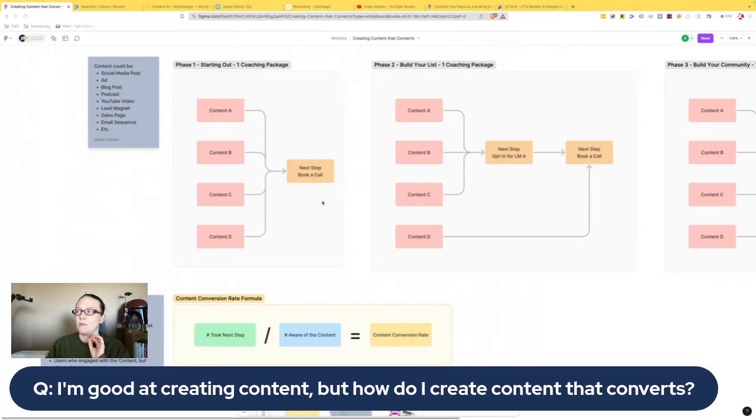But really, the end result is I want them to book a call with me so I can have a conversation to get to know their needs, their pain points, and find out. And yes, this is potentially a sales call, but it's really that call to determine, are they a fit? Are they in a position where they're ready to make the decision, to take the action?